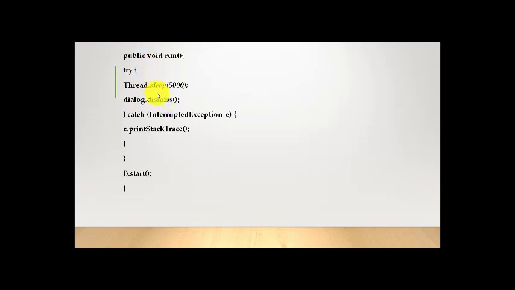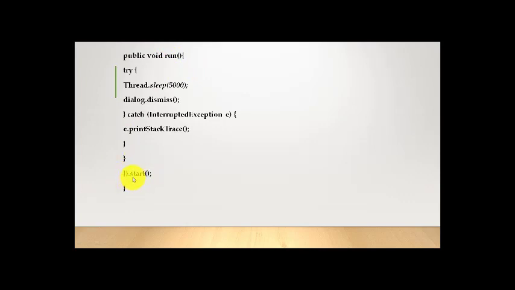In case there is any interruption or exception, it will catch the InterruptedException and we are printing the exception. Now on the calling of the thread, it will start the execution of the run method. Therefore we call the start method.